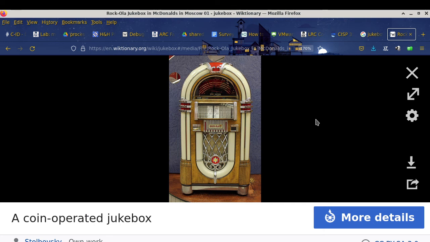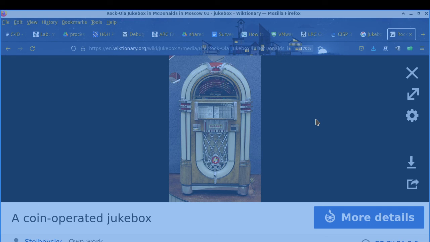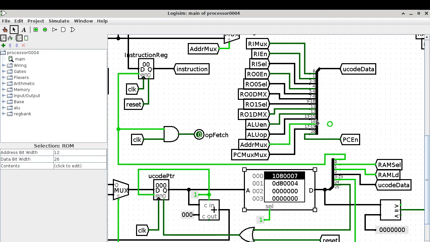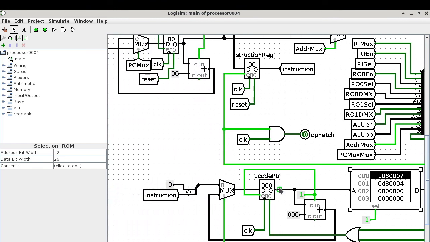All right, so now we're going to switch back to Logisim, and I will explain how RAM comes into this entire picture. Because if you look at what you can use to specify the content of the microcode pointer, one way is the adder. You can see how this adder here is feeding back to the microcode pointer. This is useful because it gives you the ability to increment. So you can get to the next location and the next location and the next location, which means within